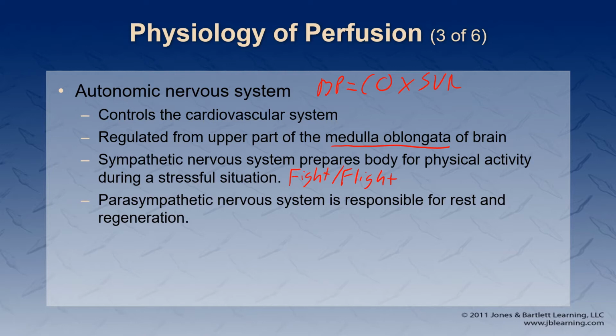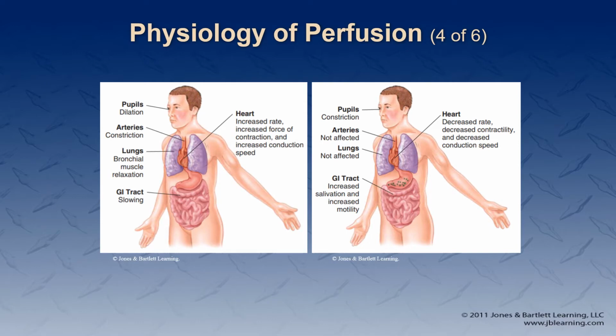And then parasympathetic is our rest and digest. So this is going to be blood to the core, slower heart rate, decreased cardiac output. So those are the two regulatory mechanisms that the body has at its disposal. These two pictures are meant to show you what happens to the body under each branch of the autonomic nervous system. So over here, our sympathetic system, and over here,